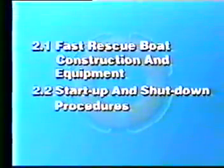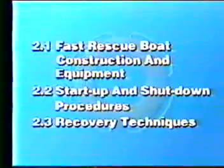This section contains the following subjects: fast rescue boats, construction and equipment, startup and shutdown procedures, recovery techniques,